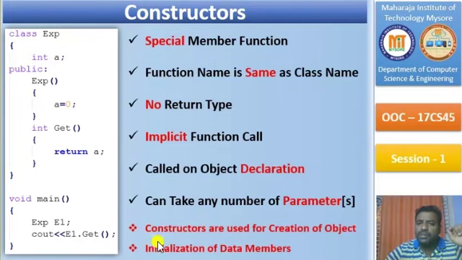Fine. And so now these are a few important points which you should remember with respect to constructors. And the thing you should also know is usually you will see statements either on a website or some source or some textbooks. In some study materials you will come across such statements. Constructors are used for creation of an object. It's totally wrong. A constructor will never create an object. Constructors are called after creation of an object or immediately whenever an object is created. Hence, the constructor will never create any object.